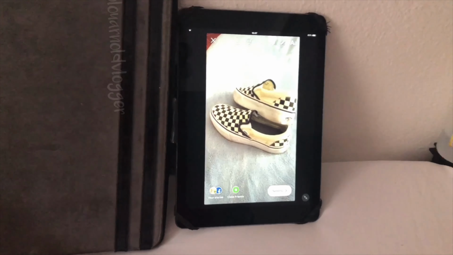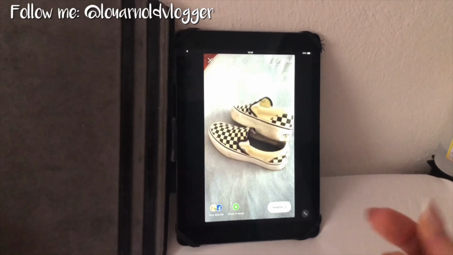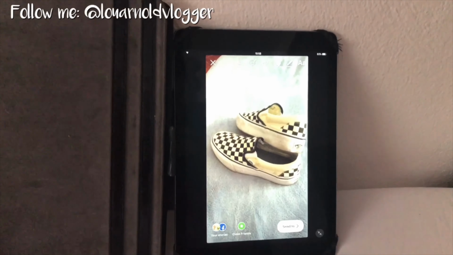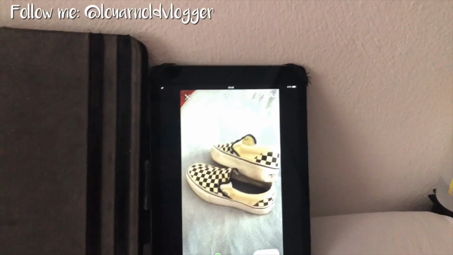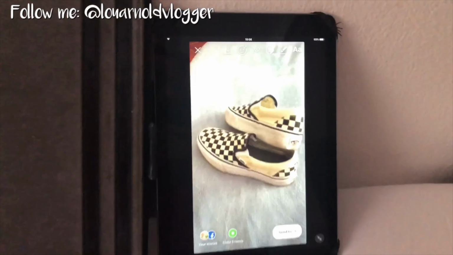So in today's video, I'm going to show you how to do the rainbow effect. This is my iPad and this is my Instagram stories. I've just taken a picture of some of my trainers just for demonstration purposes. So first thing is you need the picture up, and then to get the rainbow effect, what you need to